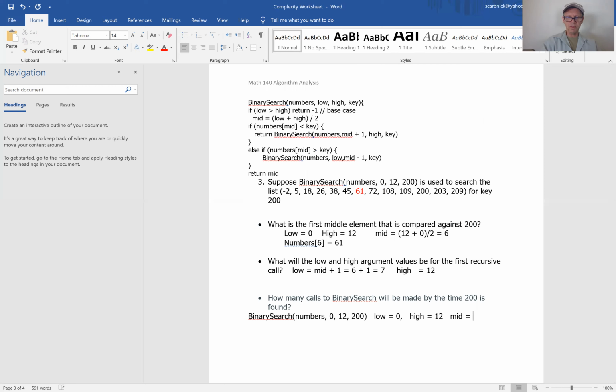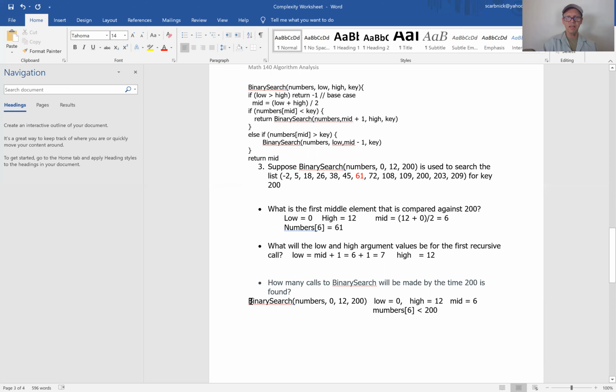Right, so mid is equal to 6. And we know that numbers of 6 is less than 200. Okay, so we go to the right. So the next time we call binary search, it's the low that changes, and it's 1 more than mid. Okay, so now the low is 7, the high is 12, and the mid is